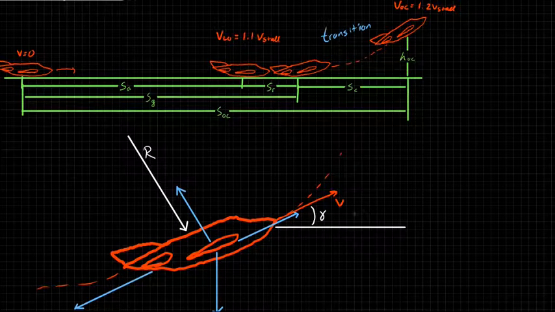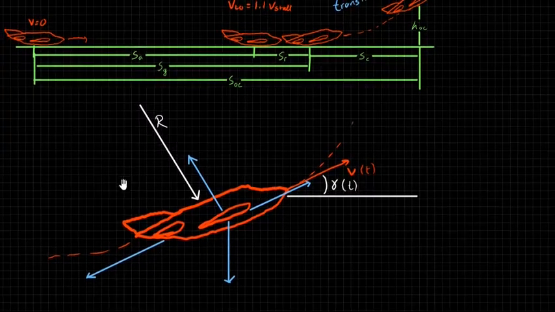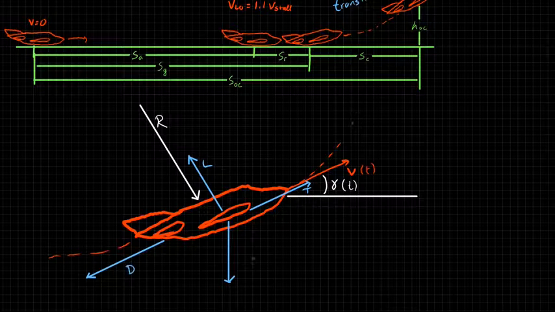Okay, so a couple things to note. Gamma is a function of time. Our velocity is a function of time. So these are things that are changing with time. And then we have forces on the aircraft. So we have our typical forces. We have thrust, which we're going to assume is aligned with the direction of flight. We have lift, drag, and weight. Lift is aligned perpendicular to the direction of flight, drag is aligned parallel, and weight is straight down. Okay, so I think that's all we need to label on here for now.